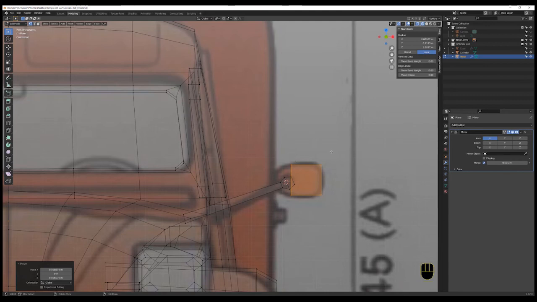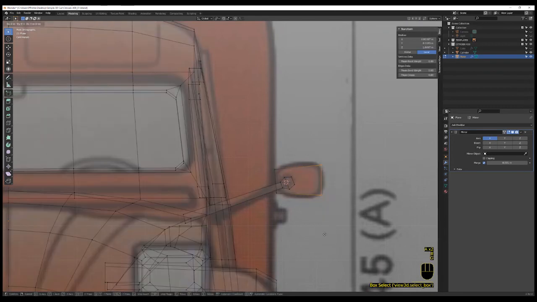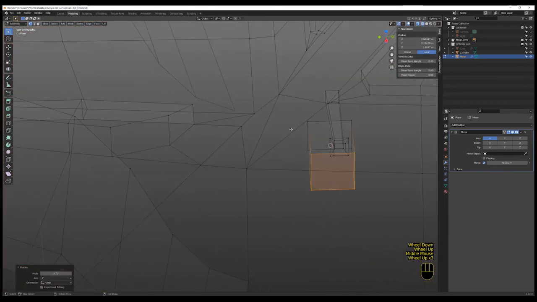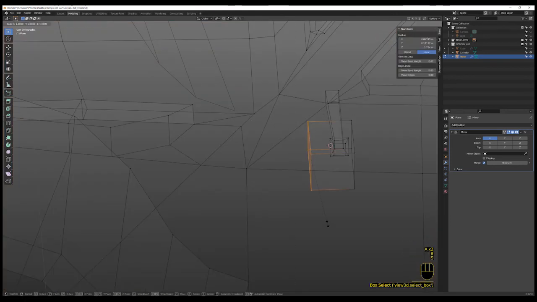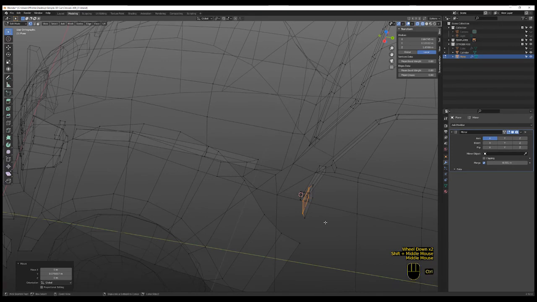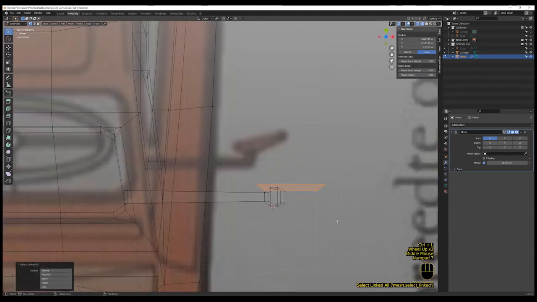So I'm deselecting the outside and I want to scale the other part and bring that in a tiny bit. And maybe I'm going to rotate that. And so, deselect that, select that, scale that down a tiny bit, move it along the Y-axis to the back. Select the whole mirror. I think I want to rotate that, and as you can see we are kind of